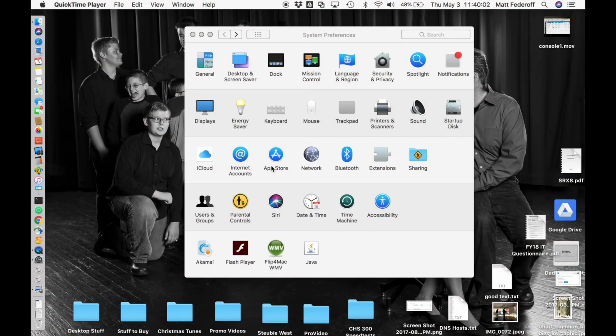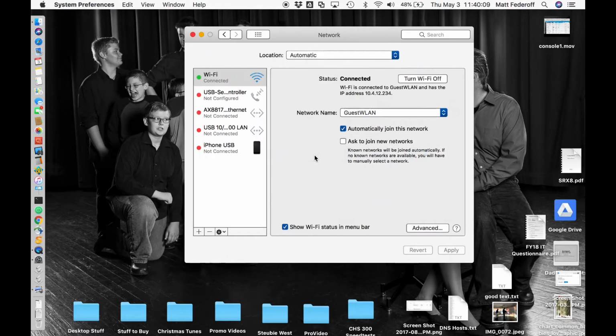So here's the problem. If you go into your system preferences and you go into Network, and here we are in Wi-Fi, and you can see I'm on GuestWLAN here, and you go into this button down here that says Advanced,